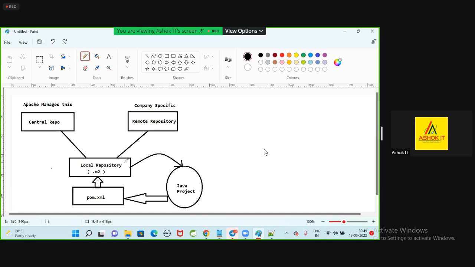Tomorrow, when you join a company, company people will not use the central repository, guys. When you are working on a real company project, they will not use the central repository managed by Apache. In the company, they will use their own repository. Every company will have their own Maven repository for the dependencies. Why would the company have its own repository? The reason is,